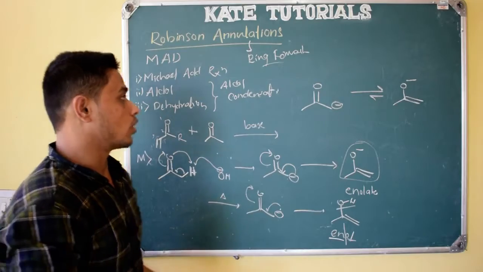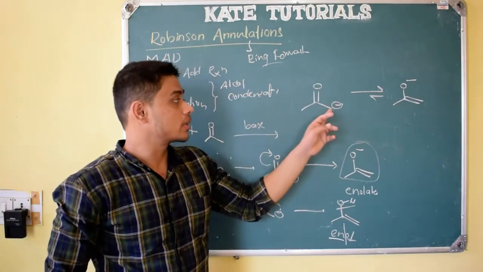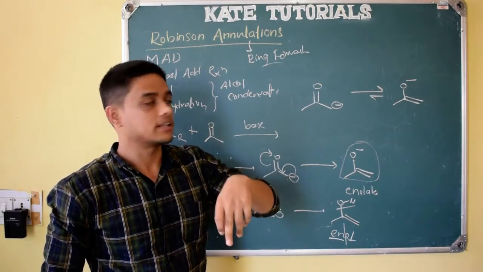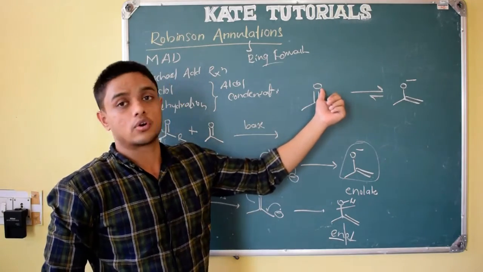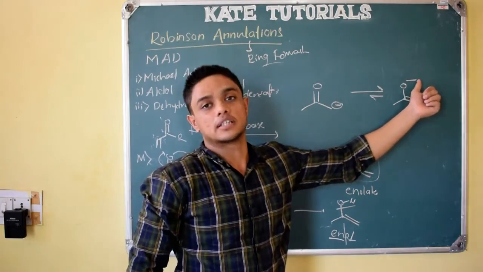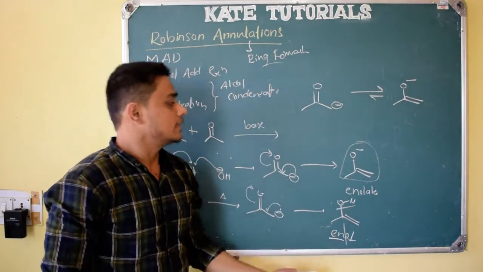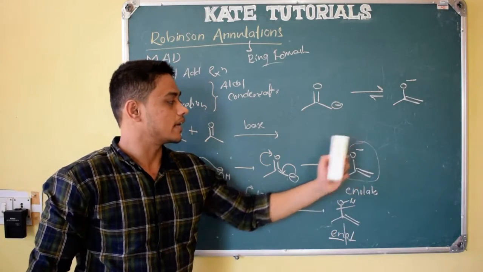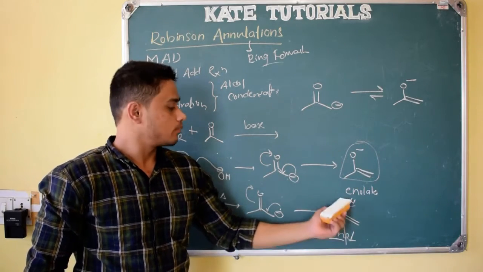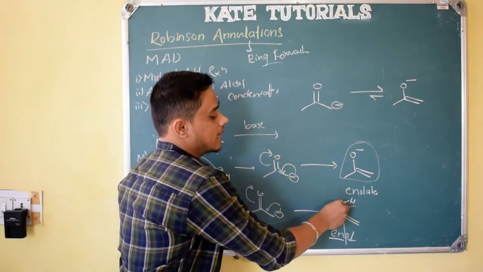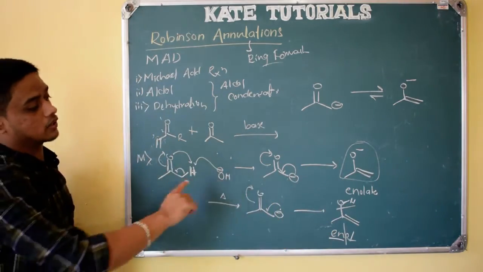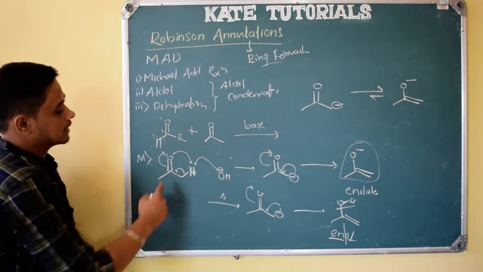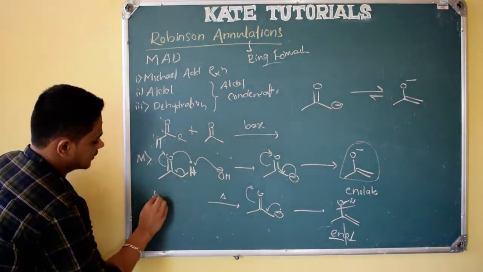Why is it so? Because carbon electronegativity is only 2.5, whereas electronegativity of oxygen is 3.5, right? Because oxygen is more electronegative, it can easily hold negative charge. Instead of writing this structure, the equilibrium will be more towards this one. So enolate means negative charge, enol means hydrogen attached to that oxygen, no negative charge. Why does it happen? Because this enol is formed in thermodynamic condition.